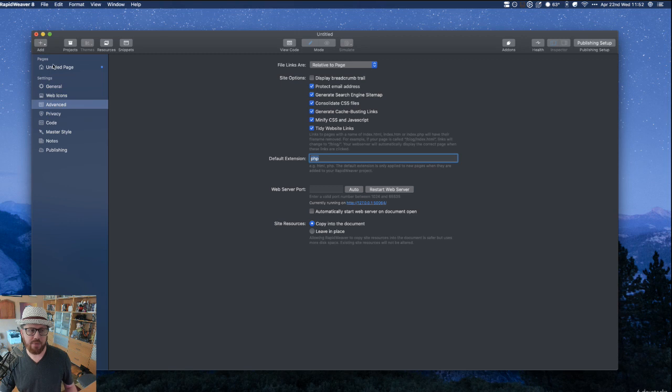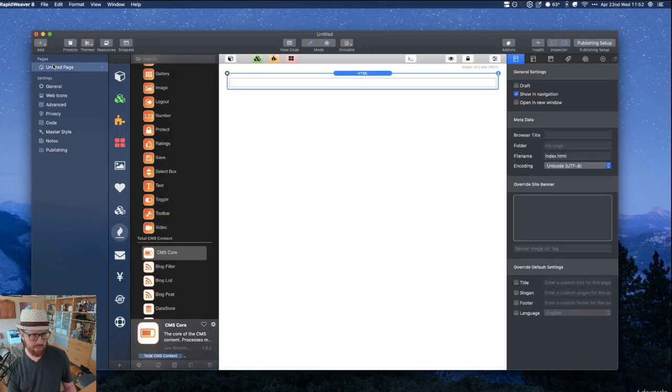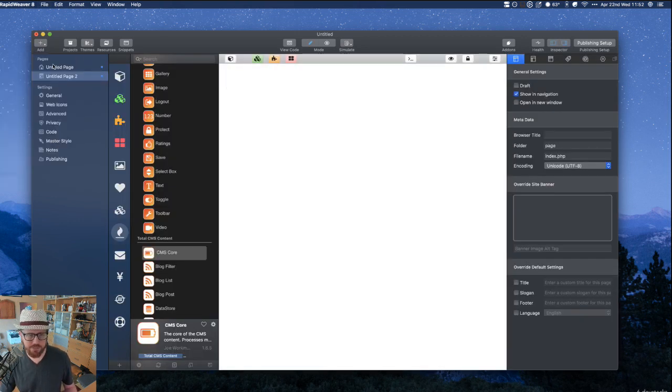Okay. That way, if I ever add a new page, let's go ahead and add a new page. And if we look, this new page now has an extension of PHP. Okay. So that's what I do on all of my projects, because there are more reasons to do this than not. Let's say, for example, you started off with HTML pages and you publish them to the server,